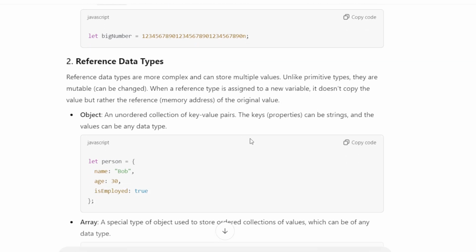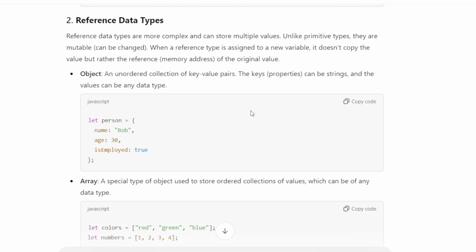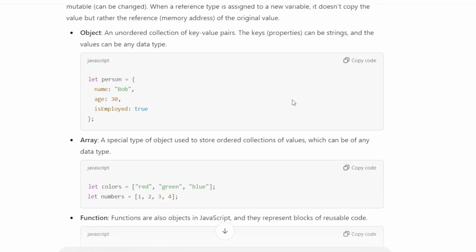Second, reference data types. Reference data types are more complex and can store multiple values. Unlike primitive types, they are mutable. When a reference type is assigned to a new variable, it does not copy the value but rather the reference of the original value. Object,